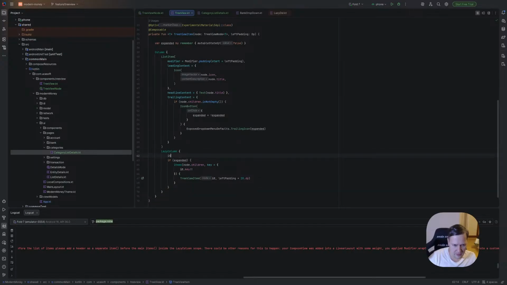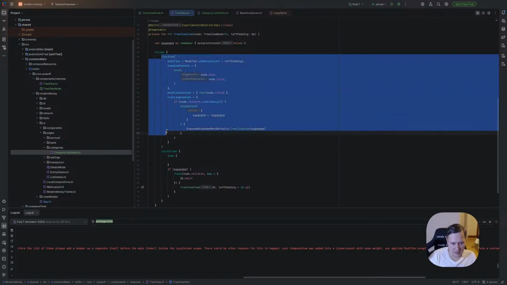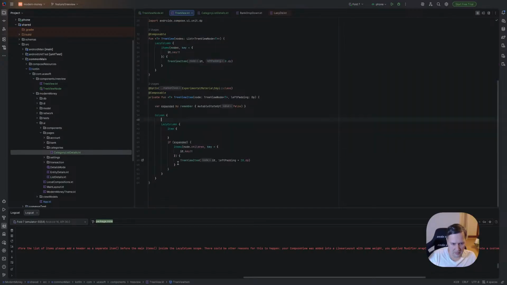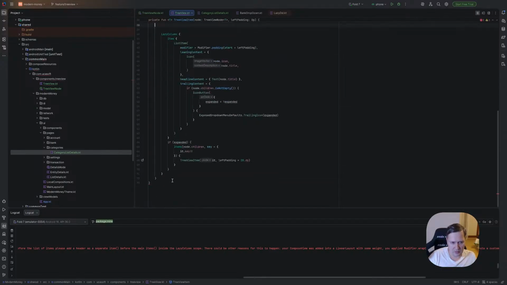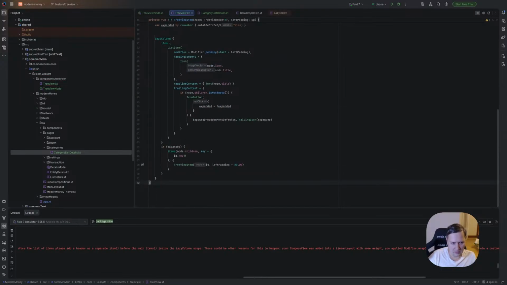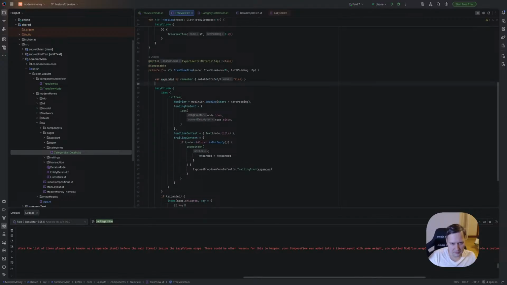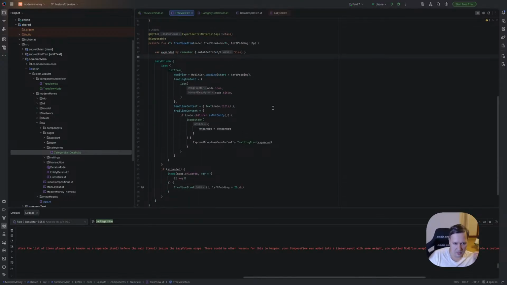So we need to run this LazyColumn up here. But before it, we need to use item, and inside item, put this and remove this column altogether. So right now I have a LazyColumn with one item.